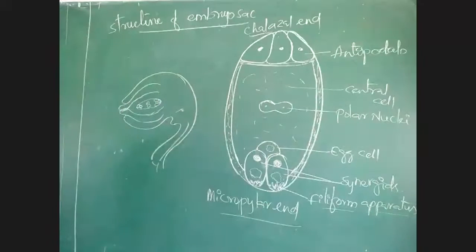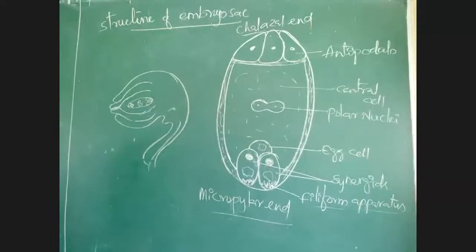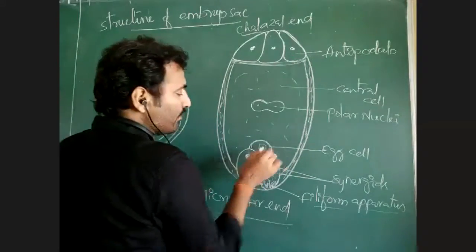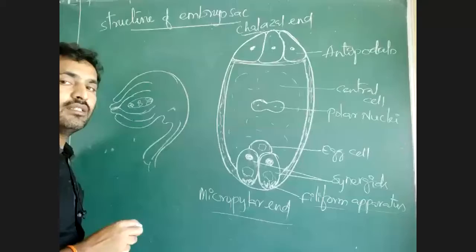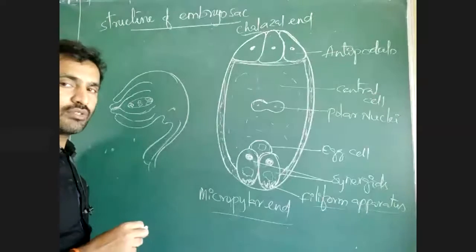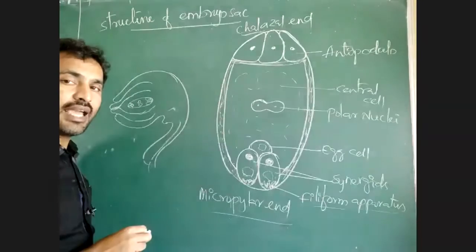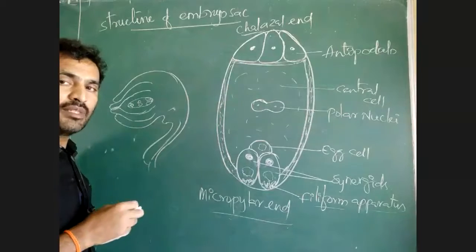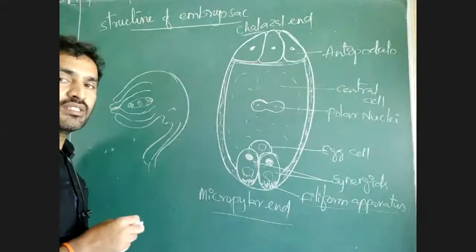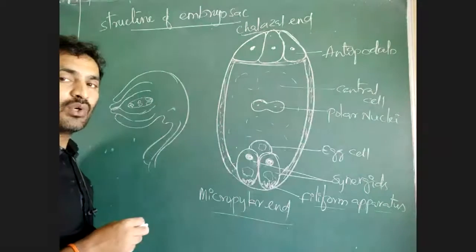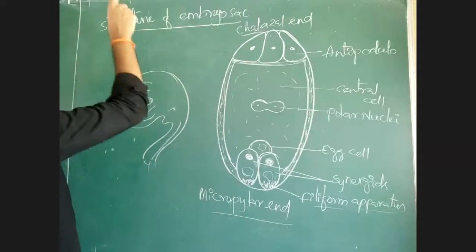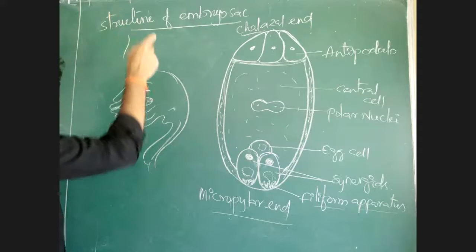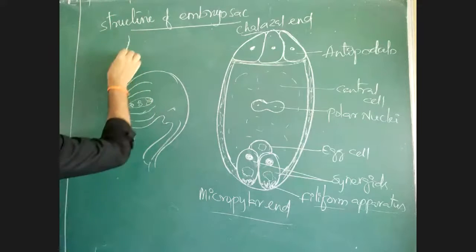See, why is there entry of the pollen tube? That is a question. If you see, the female gamete, the egg cell present in the embryo sac, is non-motile, and the male gamete carried through the pollen tube is also non-motile. As the male gametes are carried through the pollen tube, that's why it is called siphonogamous fertilization.